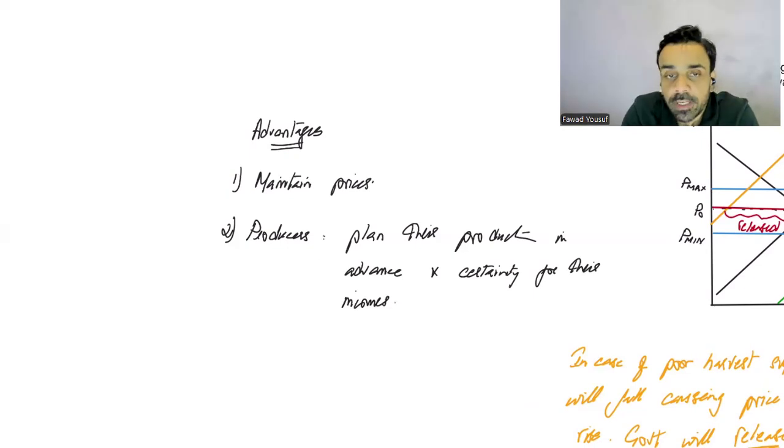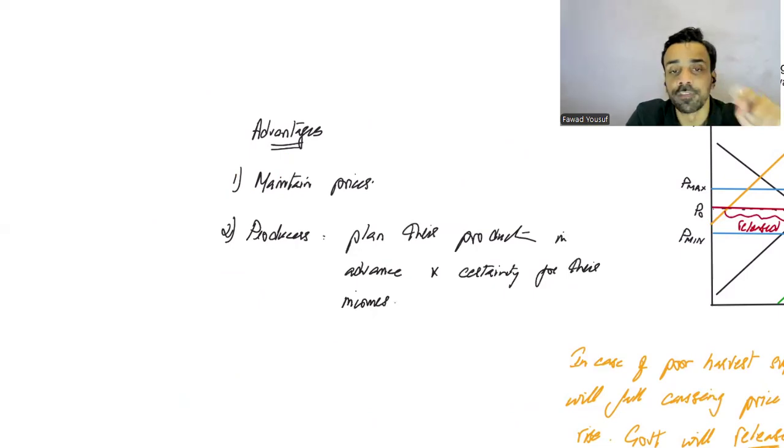So that is one big advantage, that the producer knows, okay, next year, if you're going to be selling sugar, this is the price of the sugar that the government maintains. So how much are we willing to supply at this price? How much money will we make? All right, excellent. This is what we should do, and this is how much we should produce.